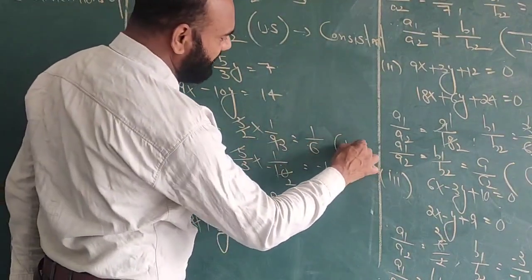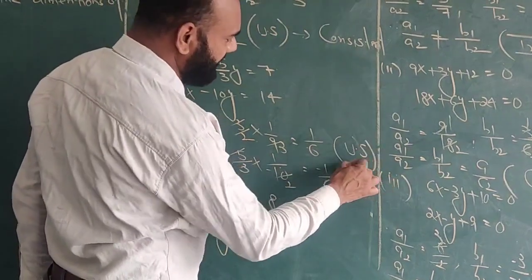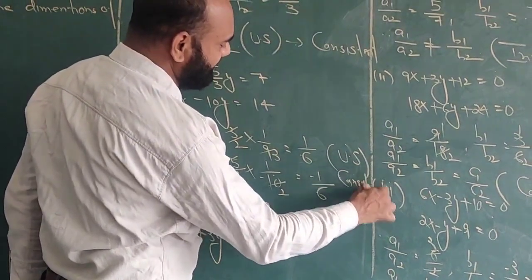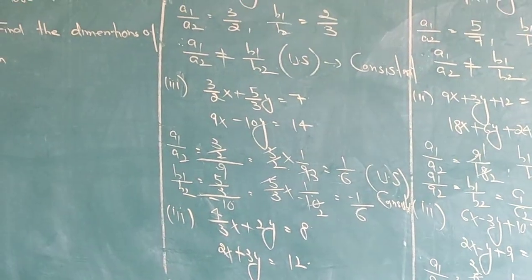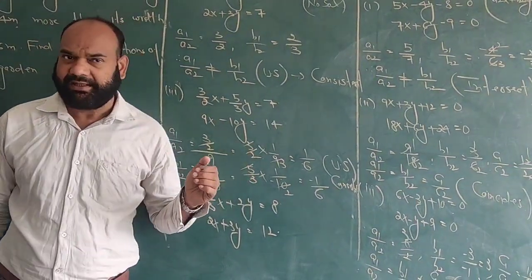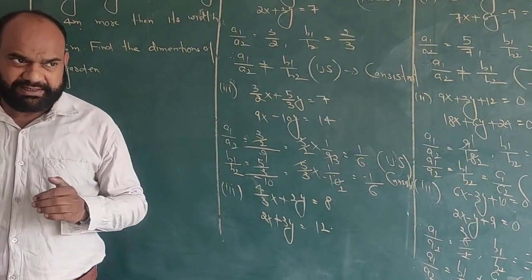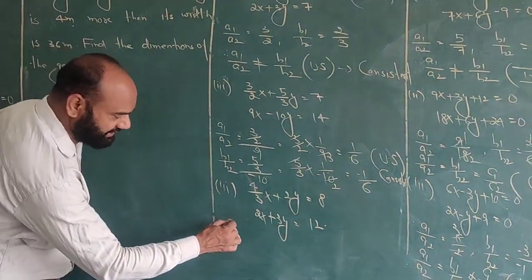So here also the system of given equation has a unique solution, so which is also consistent, because when a system of given equation has a unique solution or infinitely many solutions, then it is said to be consistent, and when it has no solution, then it is said to be inconsistent.